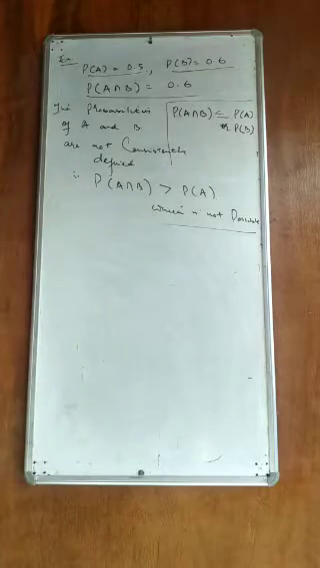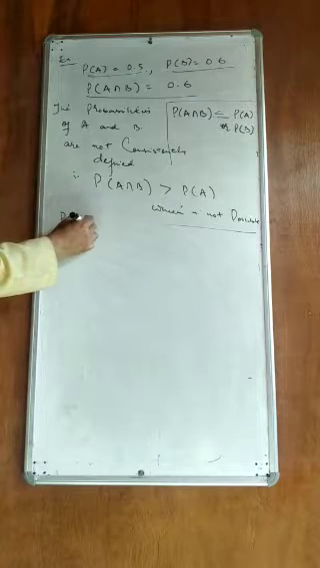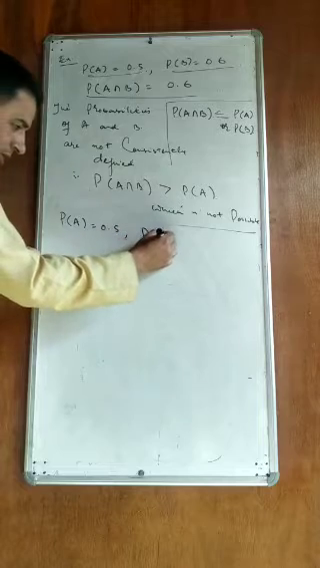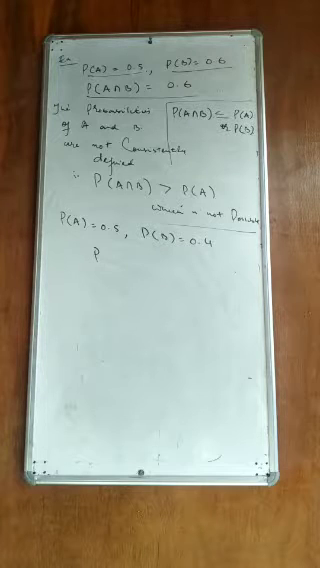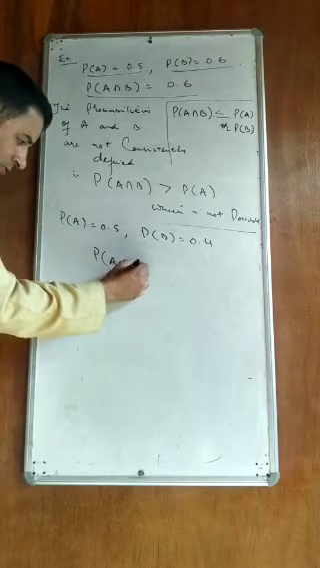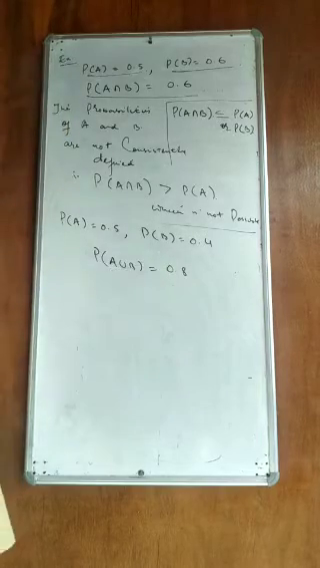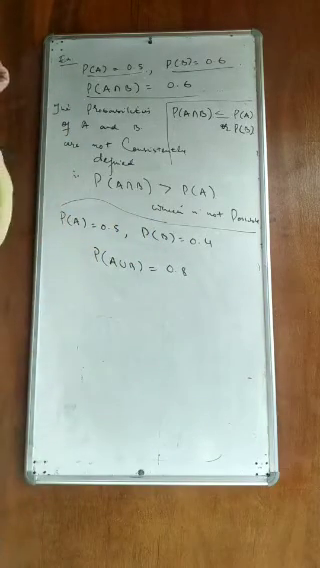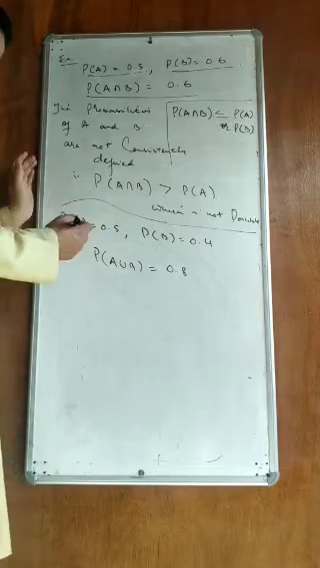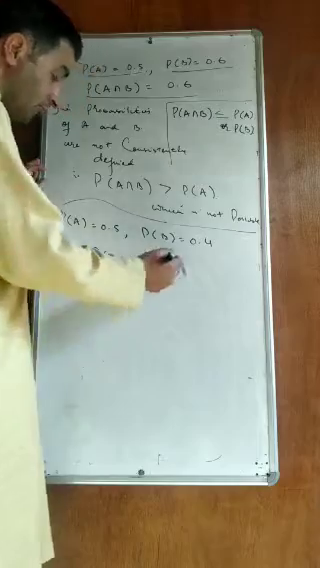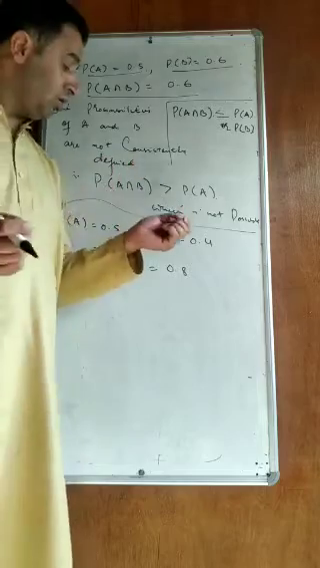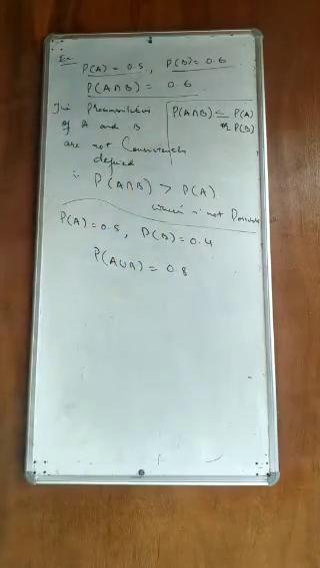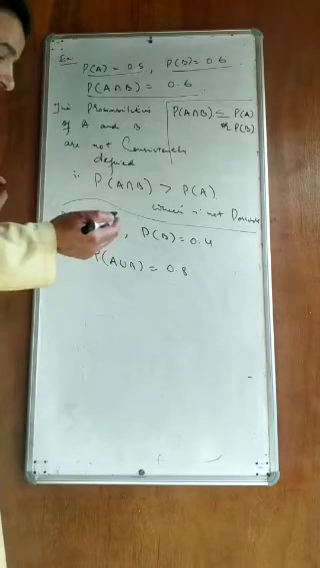There is one more part of this question. Here it is. Probability of A is 0.5, probability of B is 0.4, and probability of A union B is 0.8. Here also you have to check whether the probabilities are consistently defined or not. So what is given, probability of A is given, probability of B is given, and probability of A union B is given. Now in order to check whether the probabilities are consistently defined or not, we must find the probability of A intersection B. And in order to find the probability of A intersection B, we know that